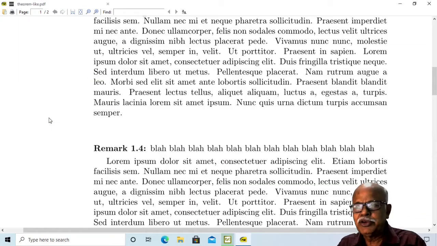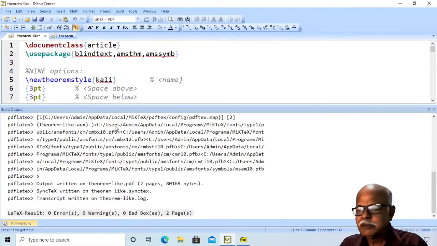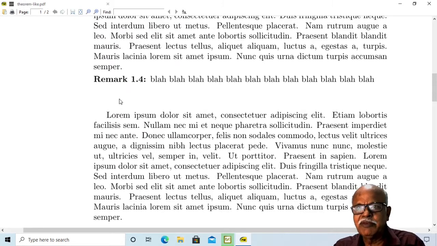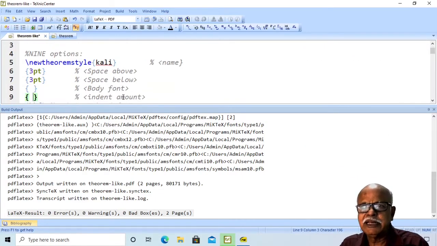We are not going to use that much high value, but just for the purpose of explanation, I put 30 points. You will notice that the space before the environment increases. Similarly, if you increase the space below the environment, that can be seen.